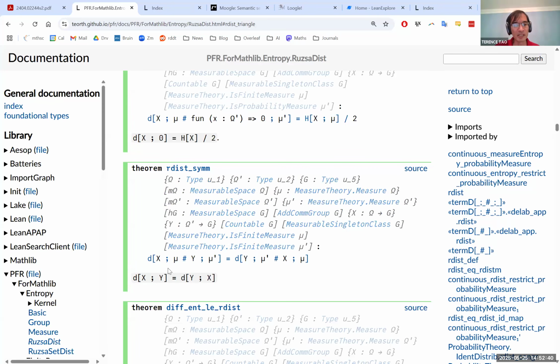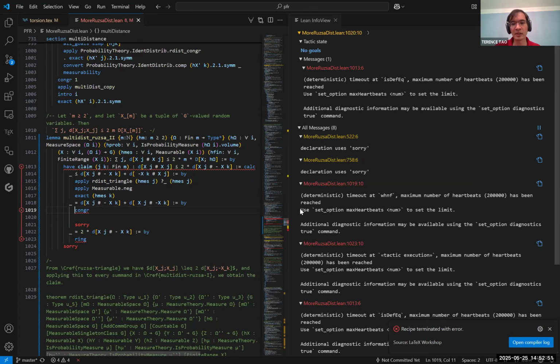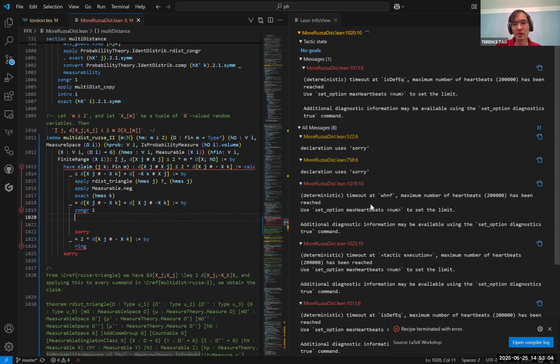Right now, we actually need the symmetry lemma. It's called entropy sim. So we're just going to apply that. Hang on, why was congr... Oh, okay. Congr was doing something that was absorbing a lot of CPU. I only wanted to cancel one level of addition here.